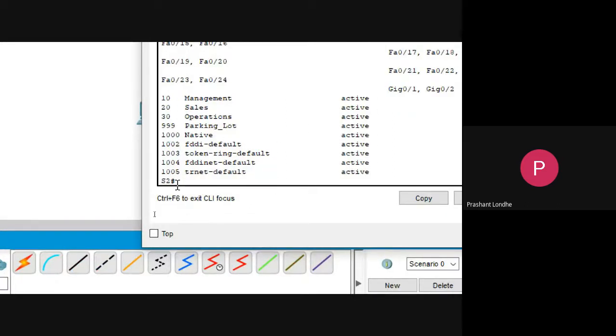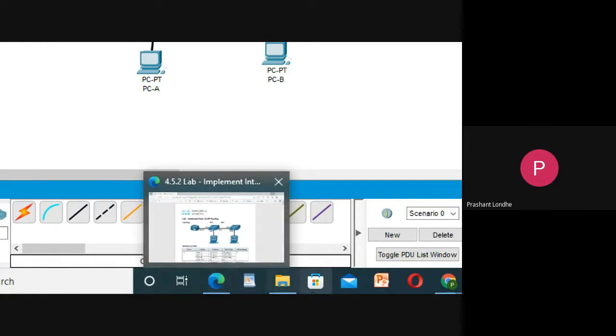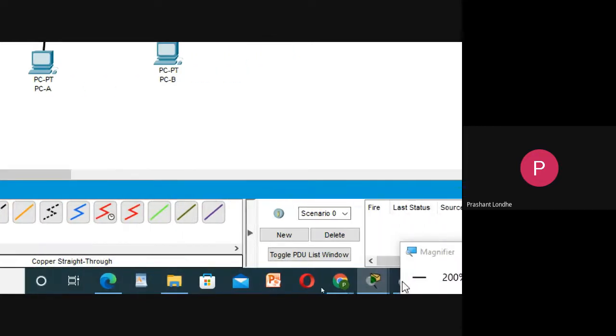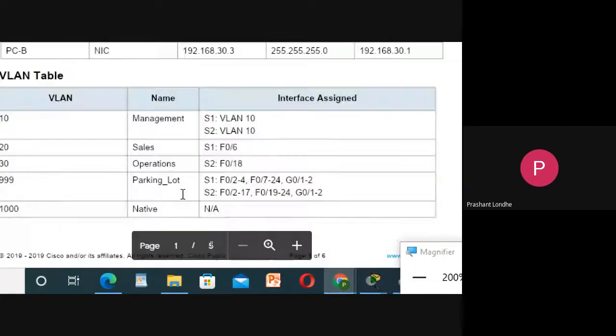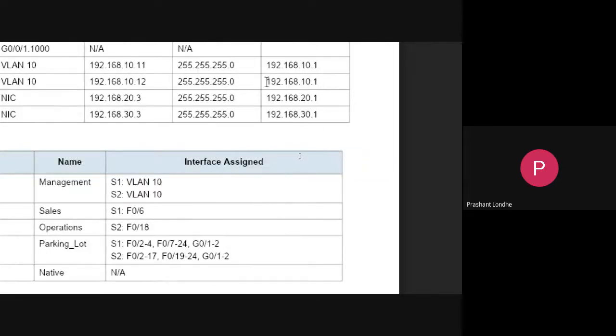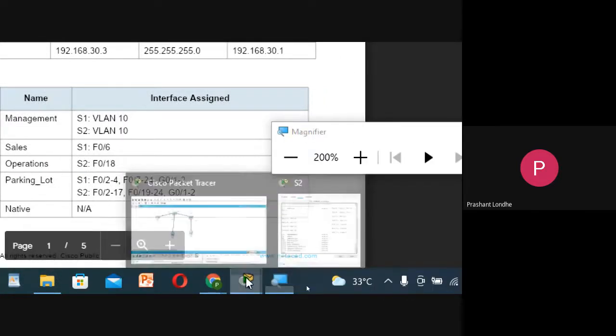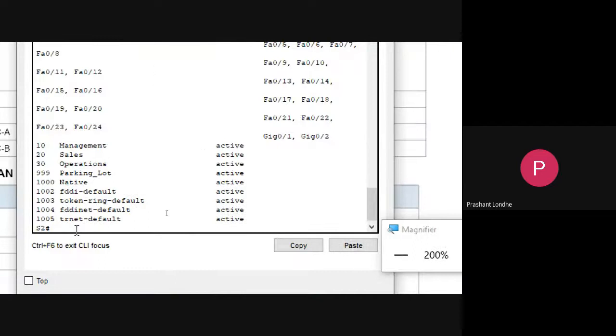Again, we need to set, now just see here what we are supposed to do. It is again VLAN 10. The IP address is 192.168.10.12. The default gateway is 192.168.10.1, and the subnet mask is 255.255.255.0. So let us start setting those IP addresses.